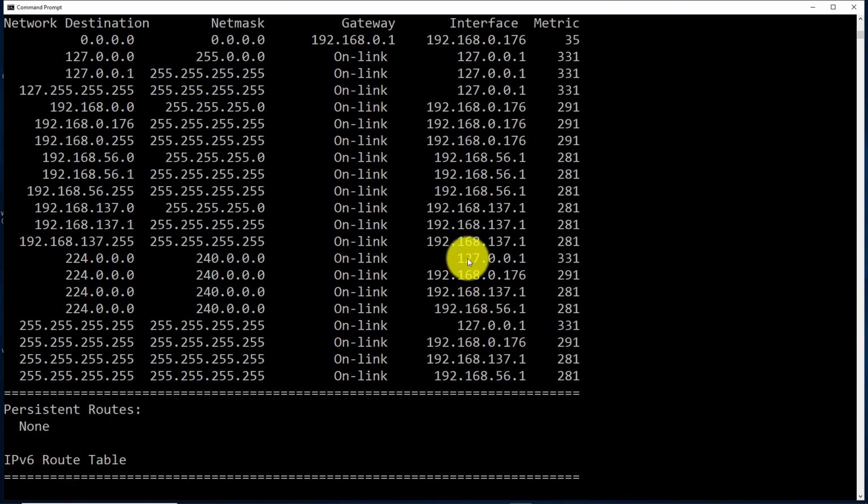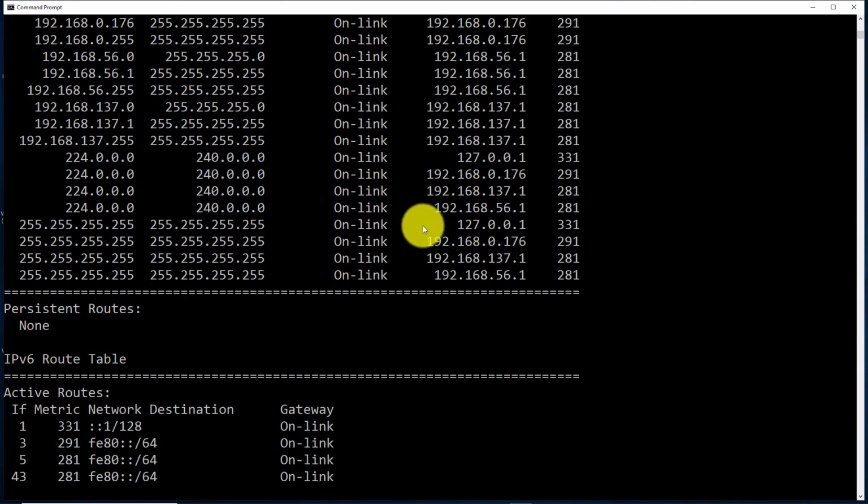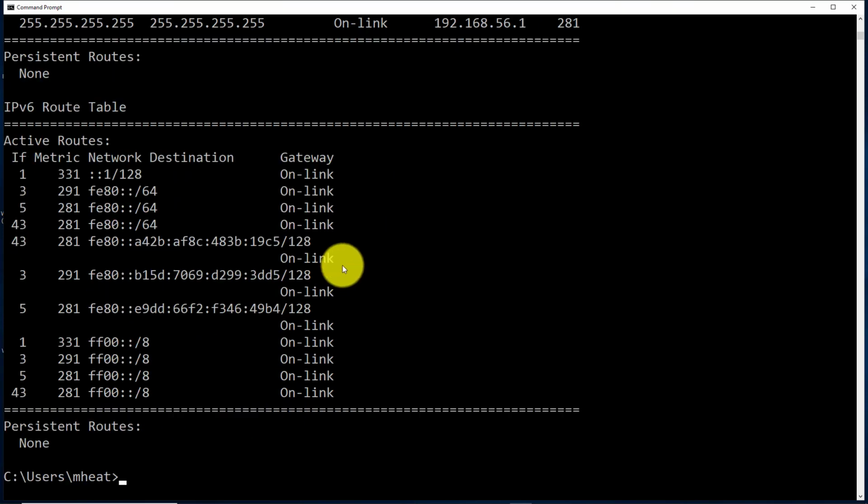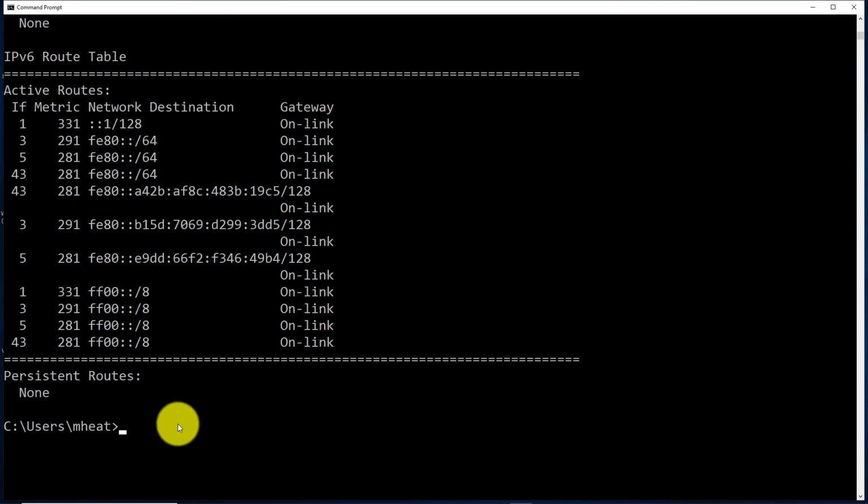So I have a lot of devices on my network. It's only showing me the inside of my network, not outside of my network, which is fine. I'm happy with that. You should have something similar if you're doing this at home. And if you want to see the existing TCP connections and UDP packets or sockets, all you have to do is type netstat -a,